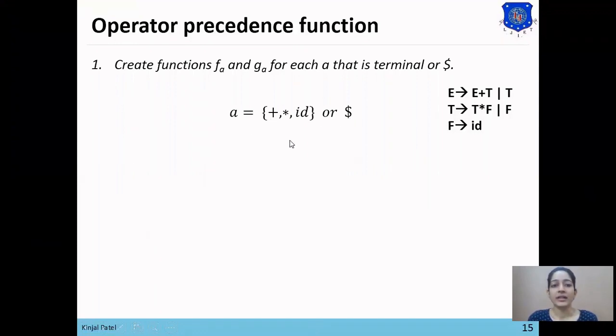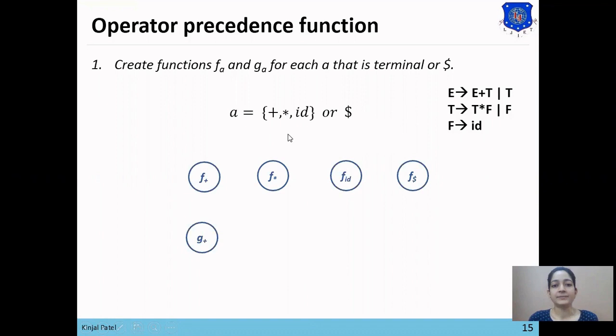For plus, create f of plus, then for star f of star, then for id f of id, then for dollar f of dollar. Now create g functions for each terminal symbol, which are g of plus, g of star, g of id and g of dollar. So these are the 8 functions we have created for the terminal symbols.